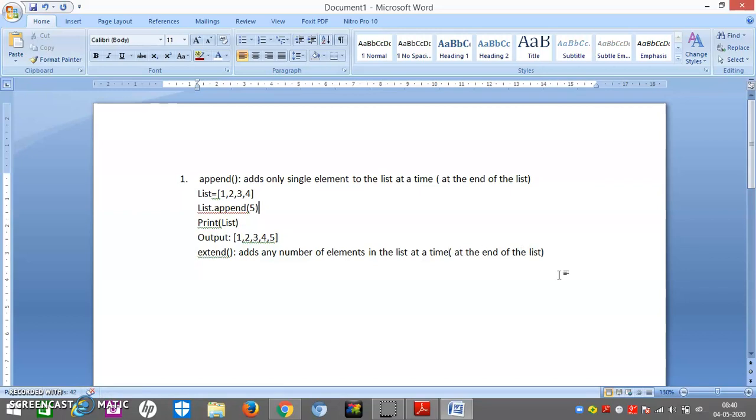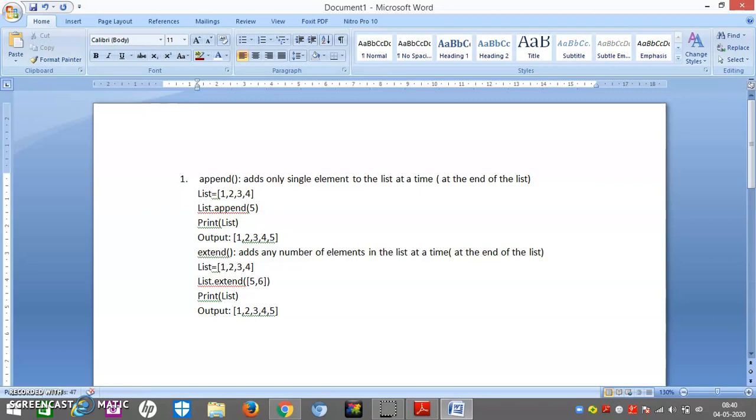Right? So the same code I will copy and I will paste it here. Right, now I will write extend, 5, 6 I will take, and we have to write it like this. We have to make a list in that, 5, 6.